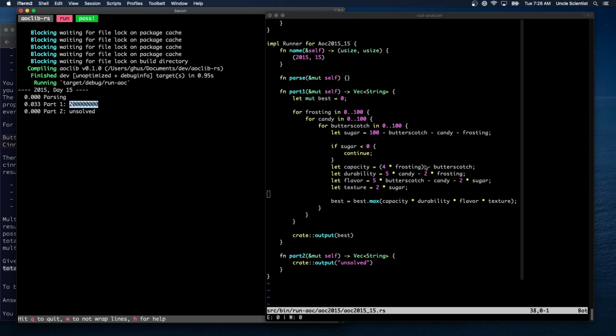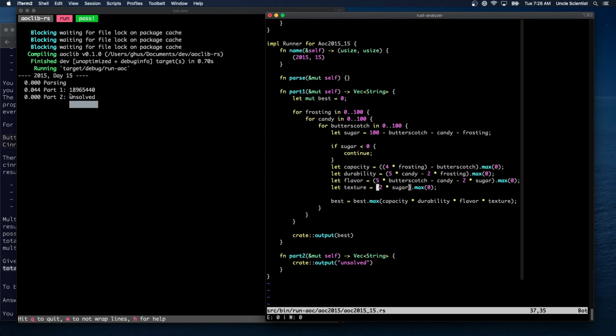Yeah, so now we have this number here, but that's wrong because we haven't zeroed these things out, which means doing this. Right? We want to say if it goes negative, then we want to set it to 0. But if it's positive, then we want to use the other number. So let's see what happens here. So we have a number, and it went pretty quickly, even in debug mode,